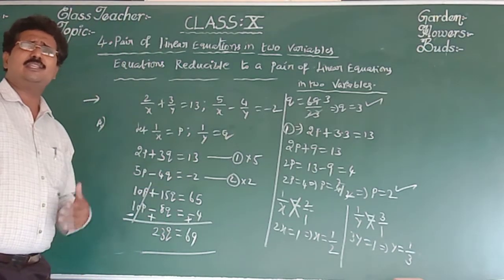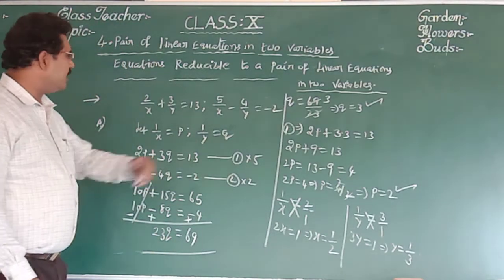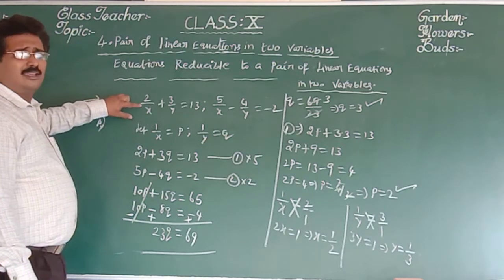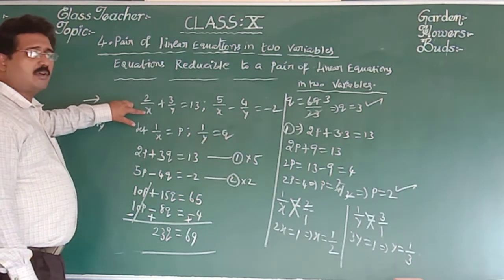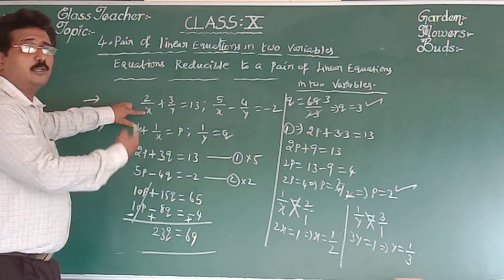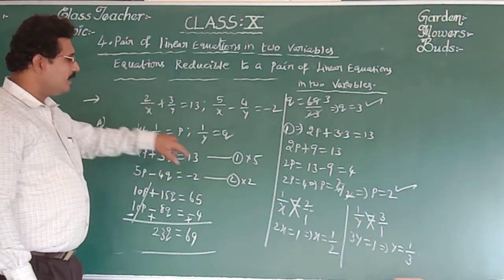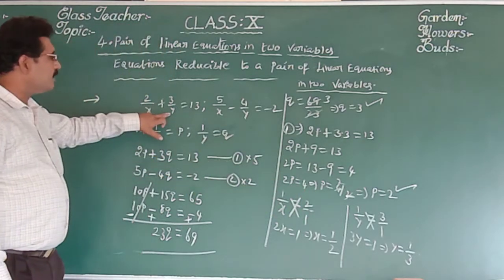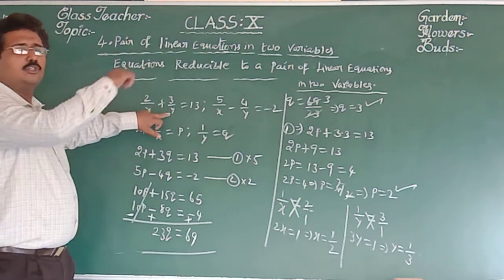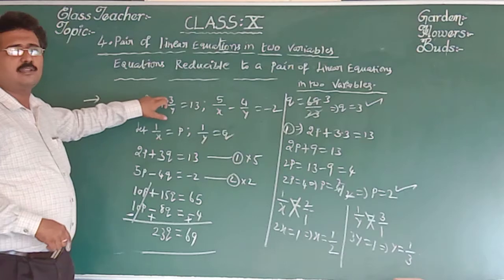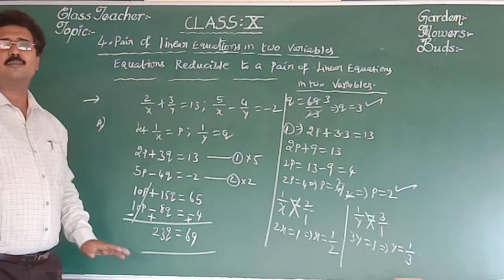Now this is also very easy for verification. Come on, x is equal to 1 by 2, so 2 by 1 by 2. The fraction 1 by 2, the denominator 2 goes to the numerator. 2 2s are 4 plus 3 by y, y is 1 by 3. The fraction 1 by 3, the 3 goes to the numerator, 3 3s are 9. What is 4 plus 9? 13. Hence the problem is right.